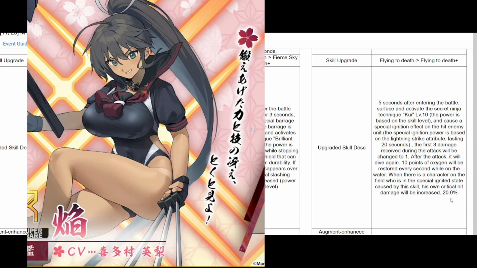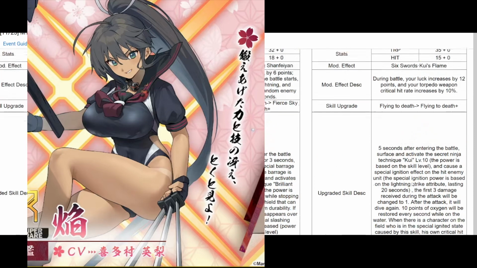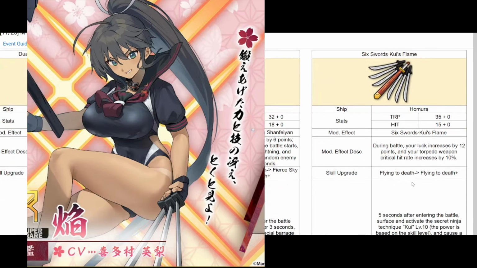Not 100% sure on her. Definitely some funky translation and formatting here. That's just a raw dump, so that's fine. Yeah, if she could buff their crit damage, stack that with Asuka, that's a pretty good combo. So yeah, not bad. Obviously, you should grab all their Augment Gears if you're going to grab the ships, but